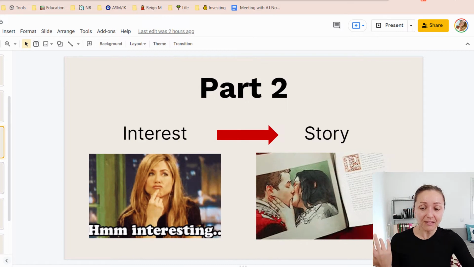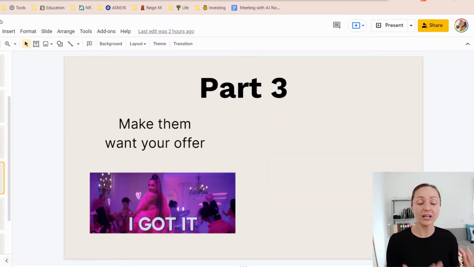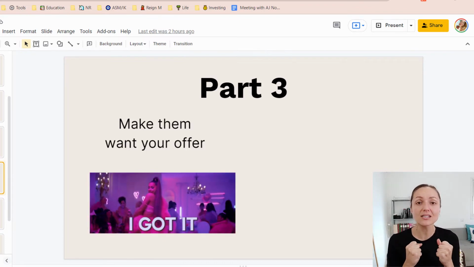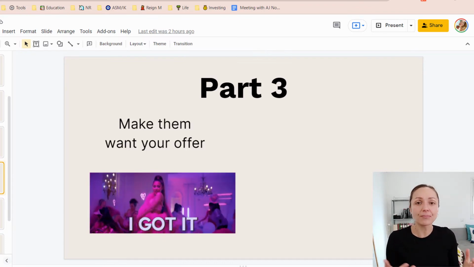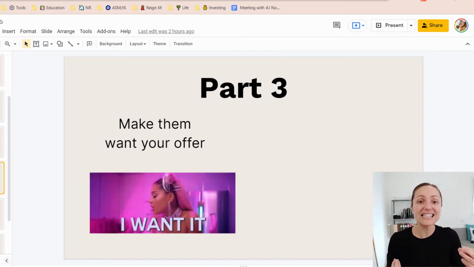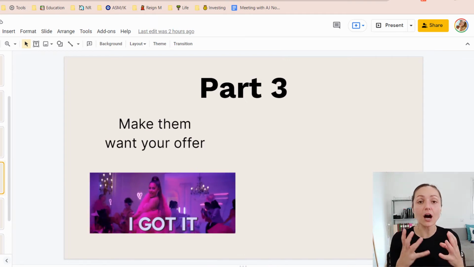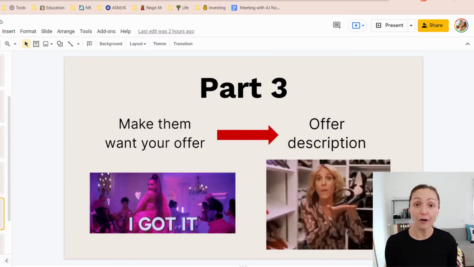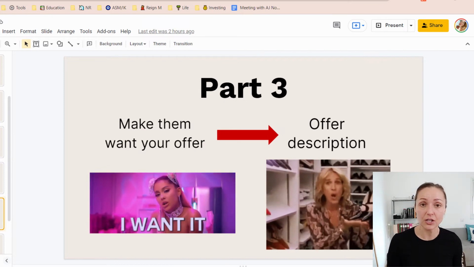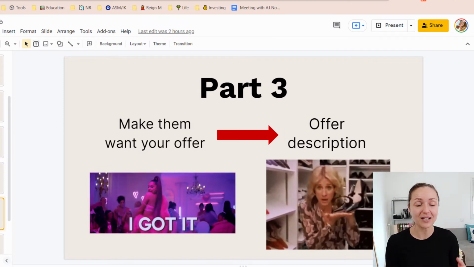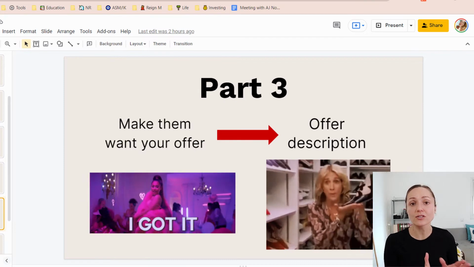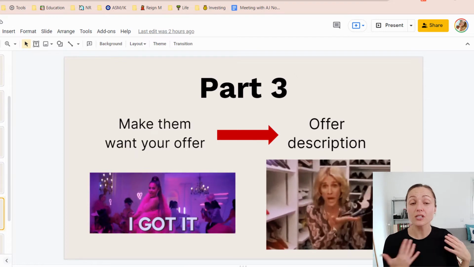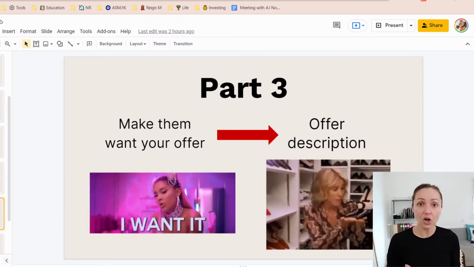Now, the third part of your ad is winning the battle of making an offer that they actually want. Not just selling them something that they're not interested in, but making it sexy, making it interesting, making an offer that they cannot refuse. So in this part of your ad, you will describe your offer. If you've already written a sales page for your offer, which I'm sure you have because now you're running ads, all you need to do is simply copy the line of description, what this offer is, maybe a couple of bullets pointing out the benefits that your offer has, and call it a day, right?